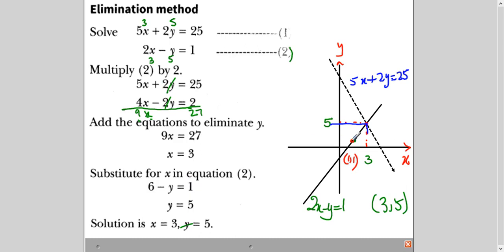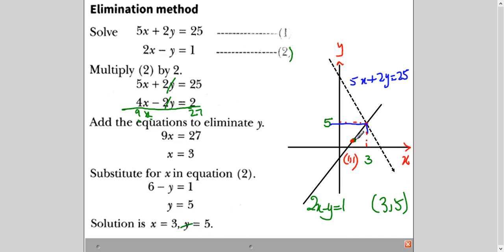So for example, let me take one point here, which is only on this line, right? On this line, (1, 1). So if I substitute this point now, just to show it to you, right? Because your concept is very important. It is very important that you understand the concept behind it.